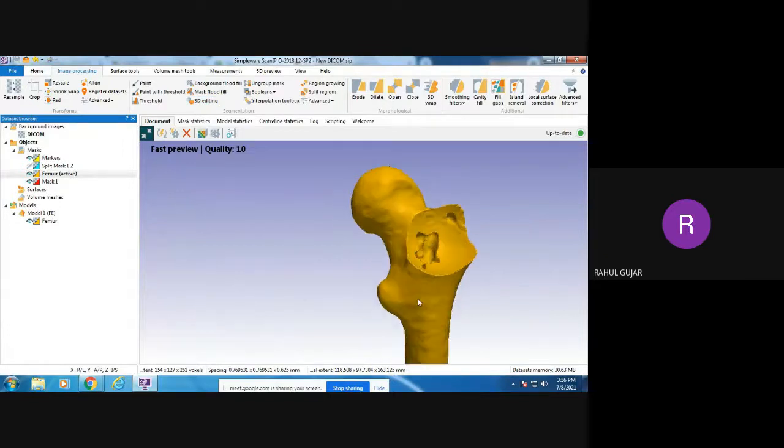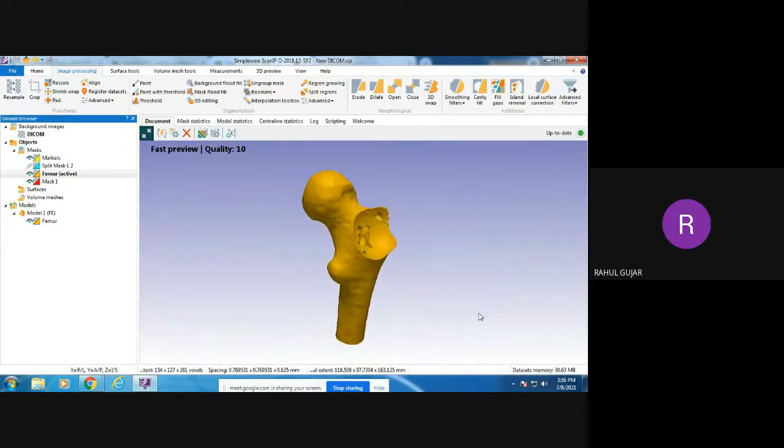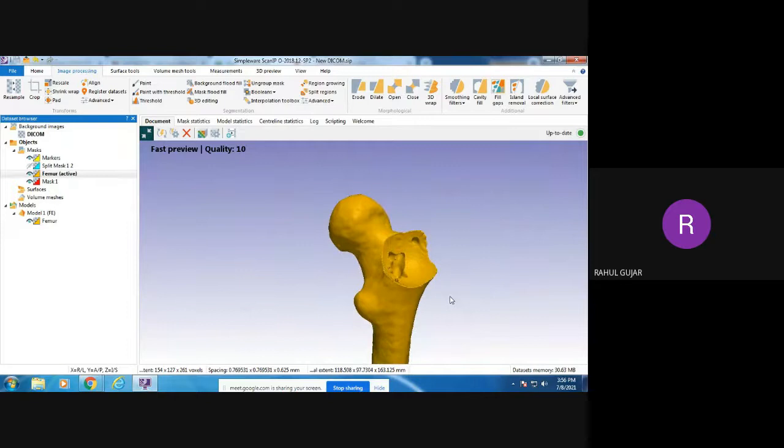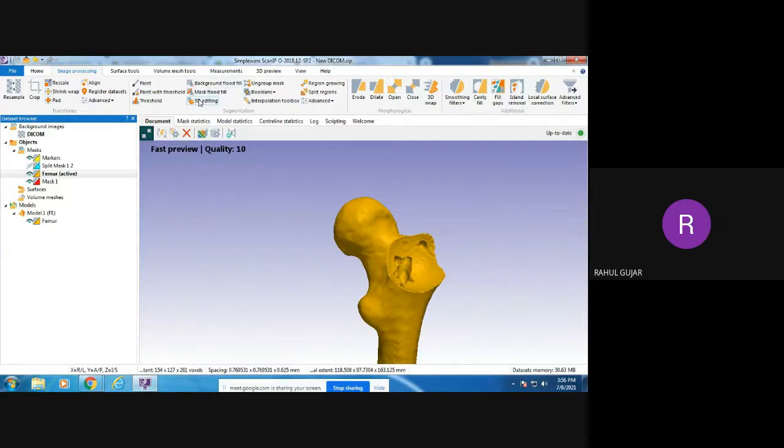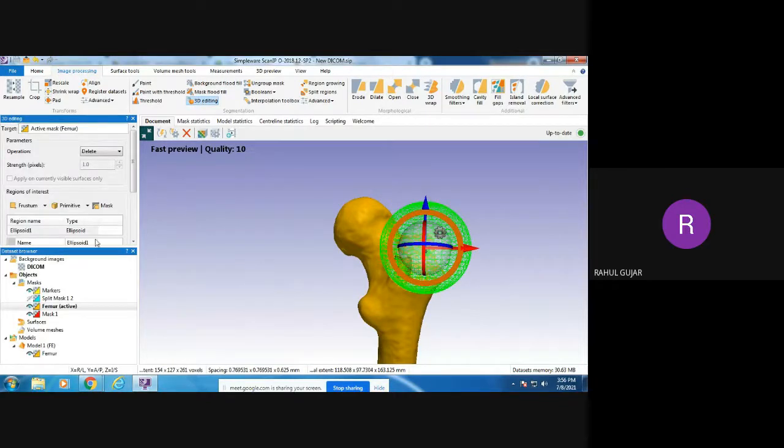Look at here. If I want to remove that portion because of some artifacts or extra projections showing, you can use the delete option to remove that material. If you again want the material in this portion, then you can use another option which is called the fill option. Similar to delete, you can fill the material in this portion.